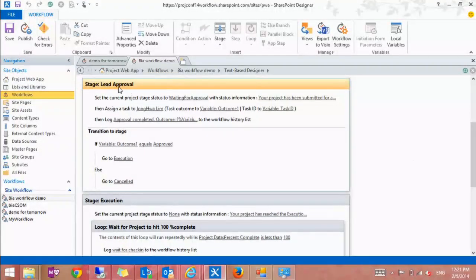The lead approval. In the lead approval stage, there are 2 options on how to do the approval. One of them, if you want to send an approval to only one person, is what's called a task approval. So let me show you the 2 options here. When you go to action,